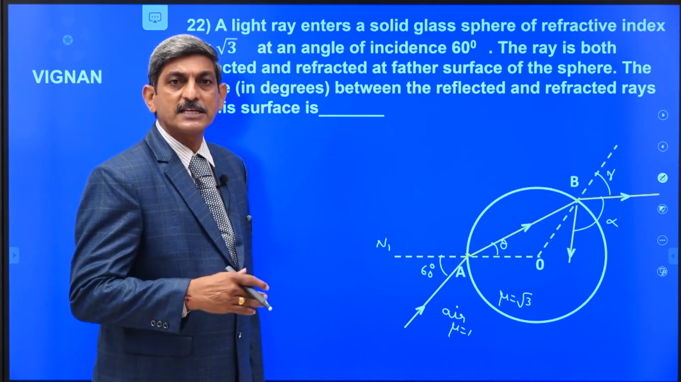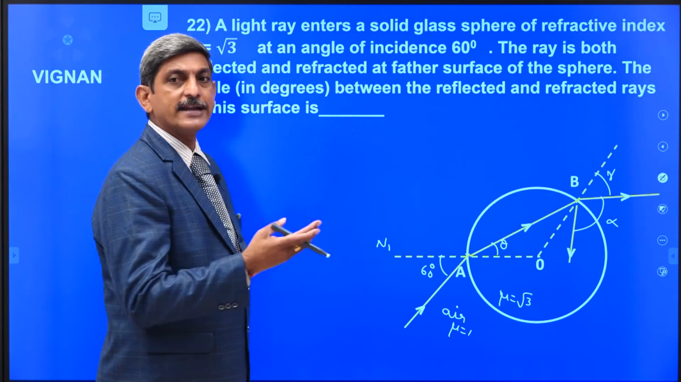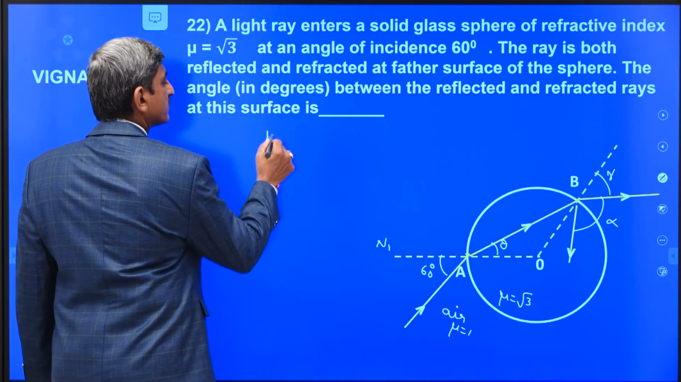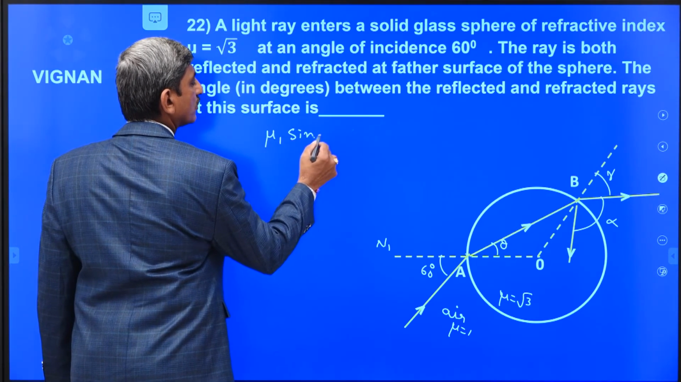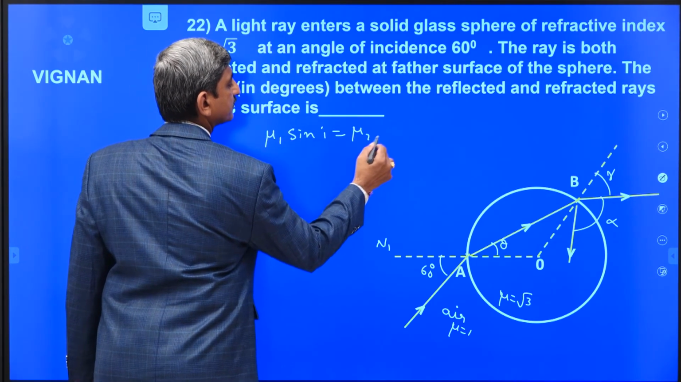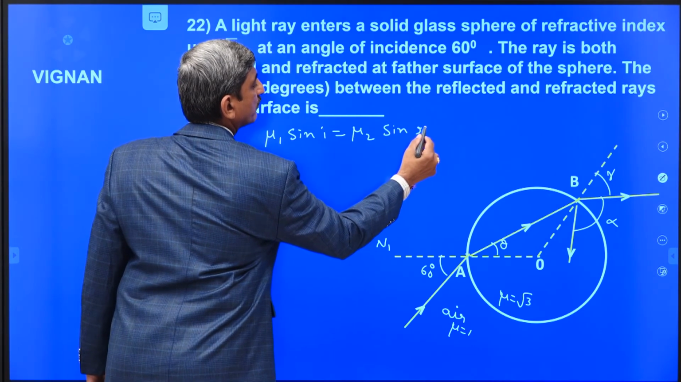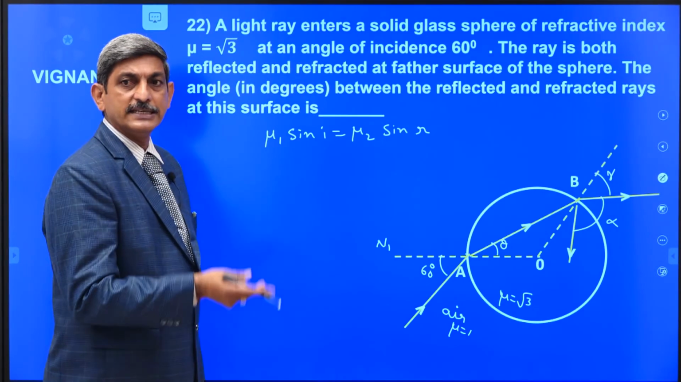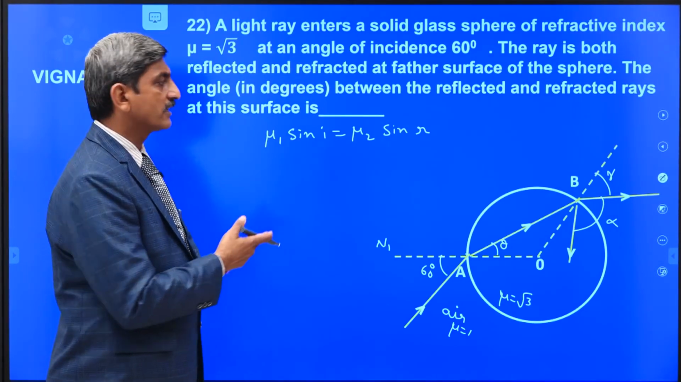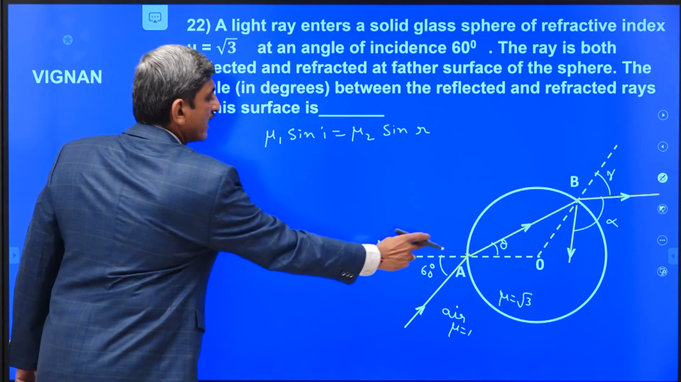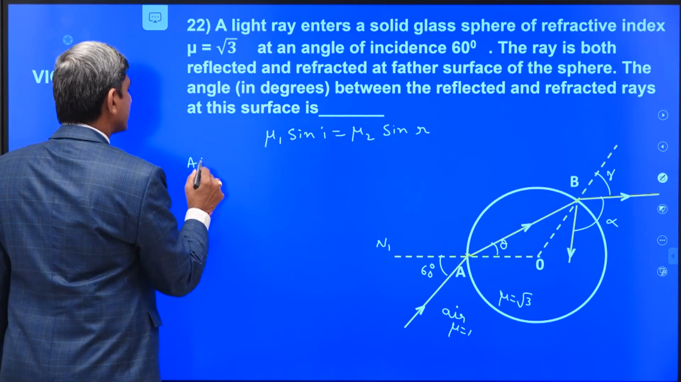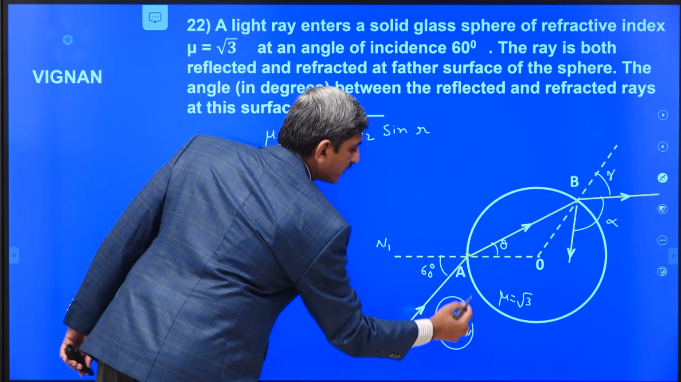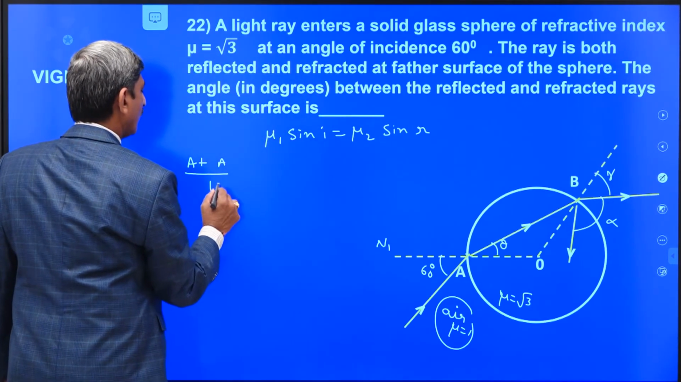Now I am going to apply Snell's law at point A and at point B to determine the unknown angles. What is Snell's law? From Snell's law we can write mu1 sin I is equal to mu2 sin R. Here mu1, mu2 are the refractive indices of the two mediums, and I, R are the angle of incidence and the angle of refraction for the light ray. Now by applying at point A, what can we get? At A, what is mu1? It is traveling from air to the medium. That's why 1 into